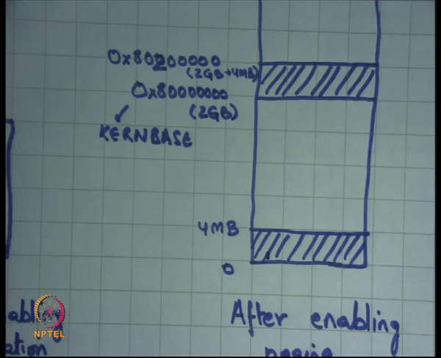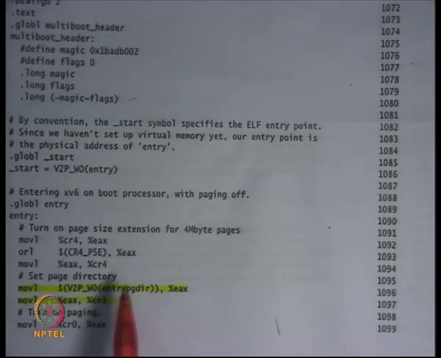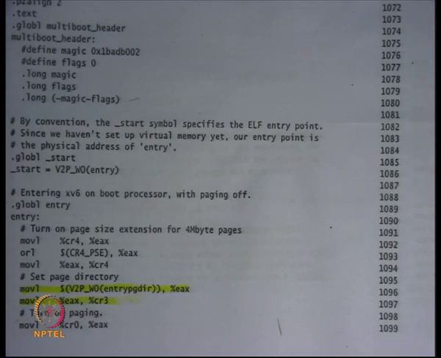Before I enabled paging, this code did not read any kernel symbols, except that one kernel symbol that was read, which was entry page dir, but it was converted to its physical address before it was loaded into CR3. In any case, CR3 is going to take a physical address, so it's okay, and the physical address is already mapped, right?